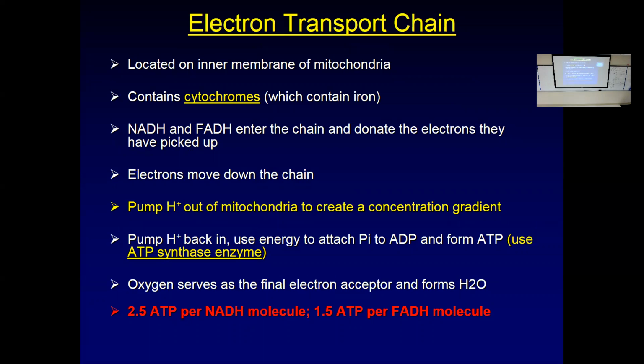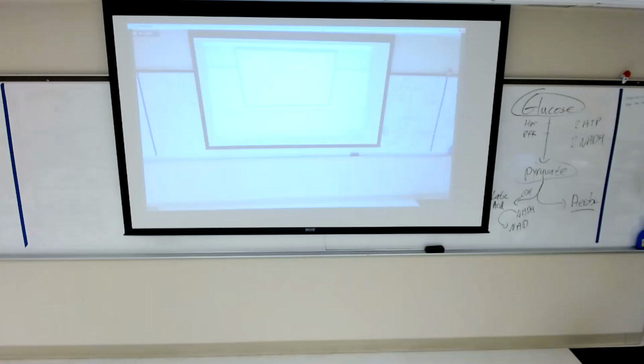Okay, we'll stop there. That's fine. We'll pick up the electron transport chain next. So yeah, let's have critical thinking do on